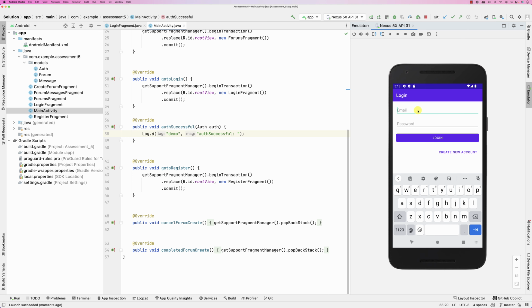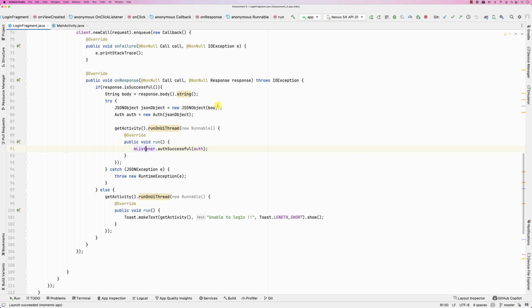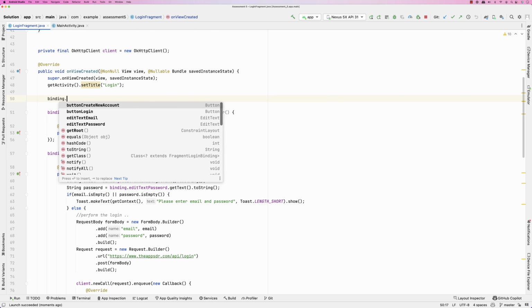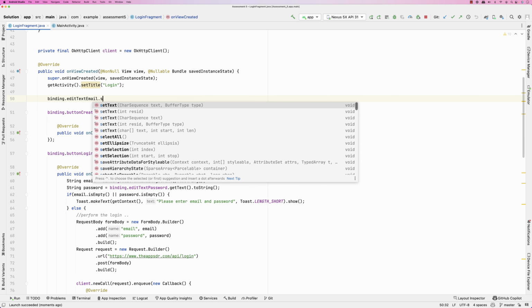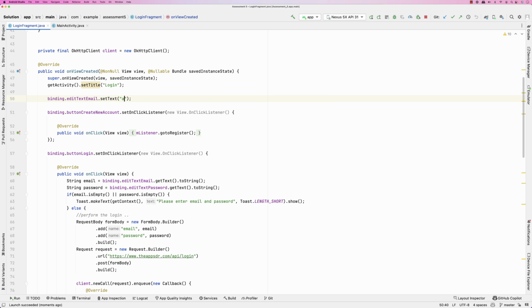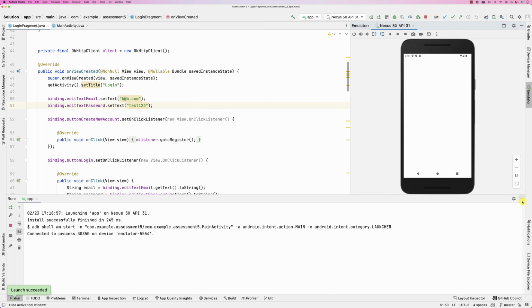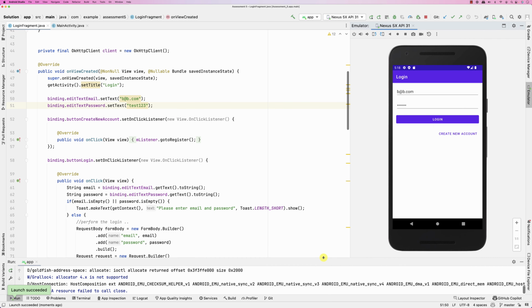And you can see that every time I type it, I could go in here to bootstrap this data. I could go here and do binding dot text view. I can pre-initialize them with set text, just for the testing cases, right? b@b.com, and then similarly binding dot edit text password dot set text, and I'm going to do test 123. So basically when we run it now, it will be pre-populated, and I don't have to worry about re-entering it